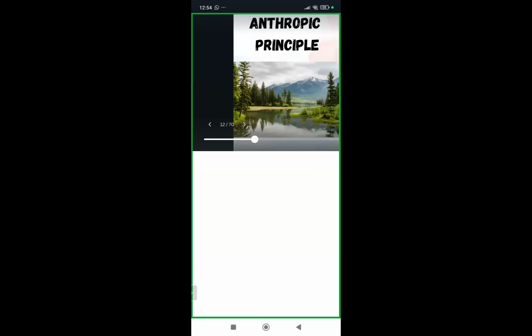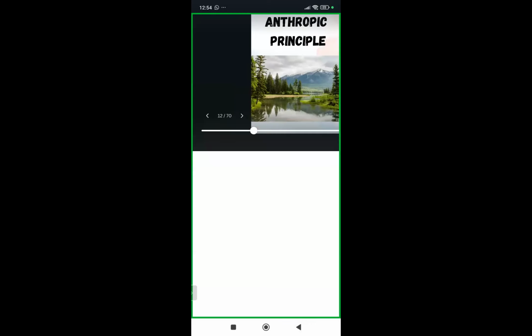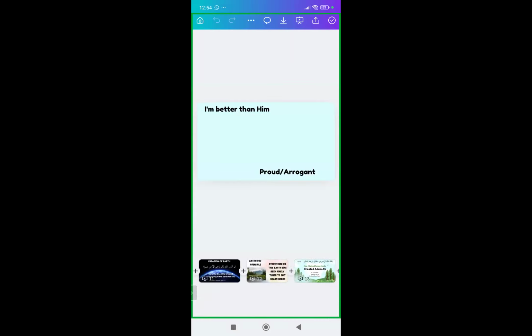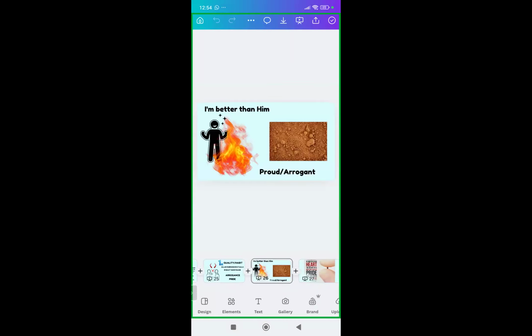Yes. What you can do with these images is make them as a background. The images that you have put, you can make them as a background also. If you want more polish in this, you can just add corner rounding to the images. So this looks so beautiful, Barakallahu feek. How many pages are these slides?